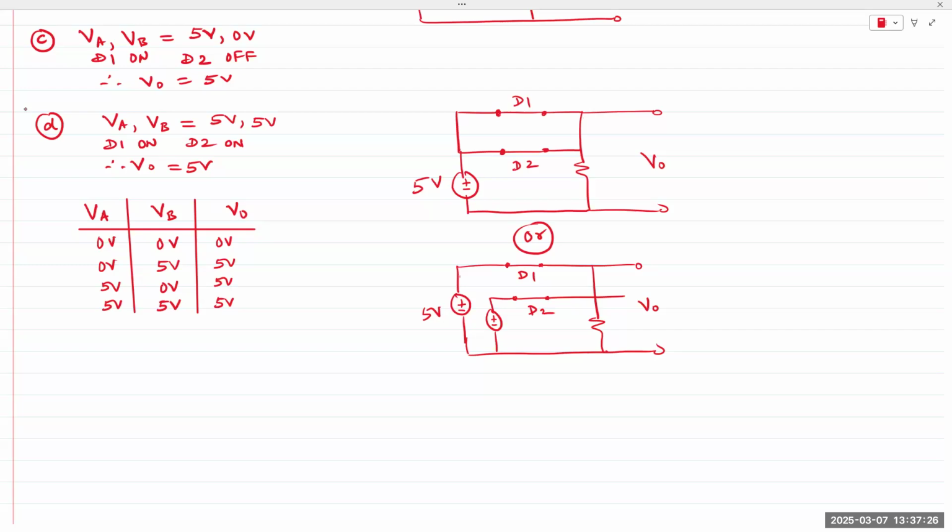This is, again, something you can easily test out in a lab. Just put the diodes on the breadboard, take a 1 kilo ohm resistor, apply 5 volts input to each one of them in turn, and measure the output. It takes less than 5 minutes to get that done. But this is how digital logic is implemented in circuits. You can use 2 diodes and create a 2-input OR gate